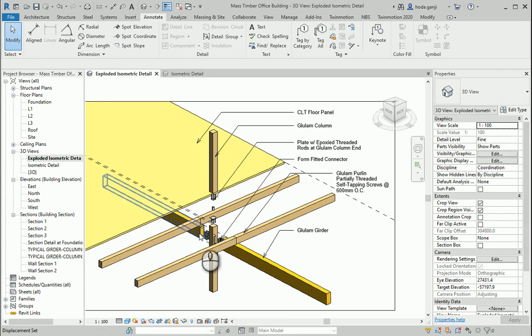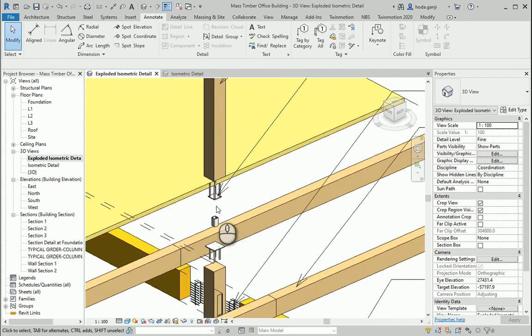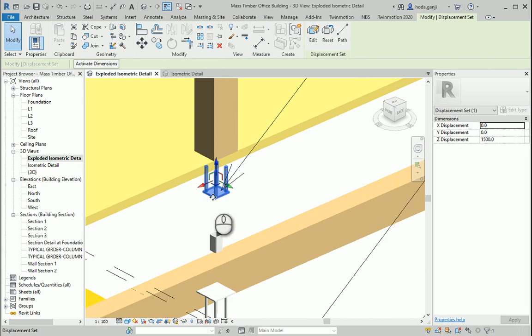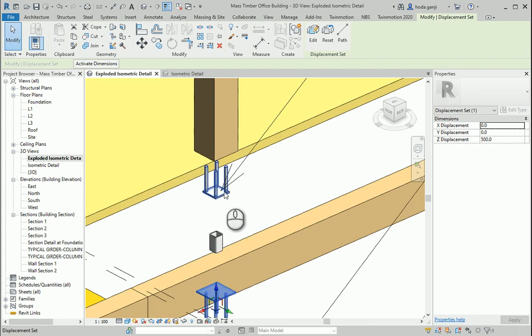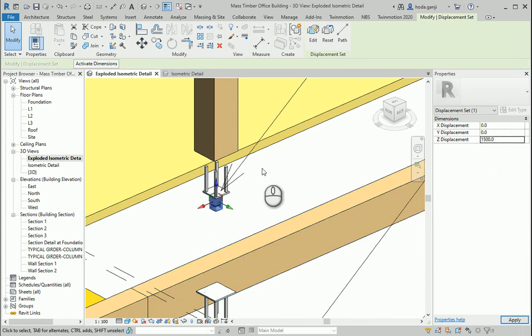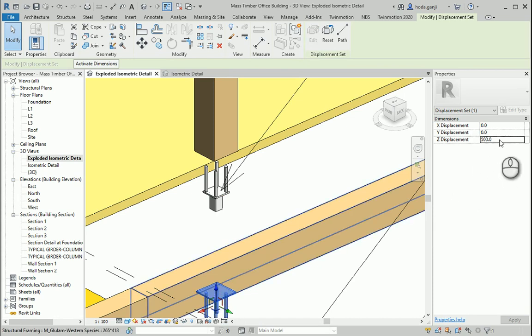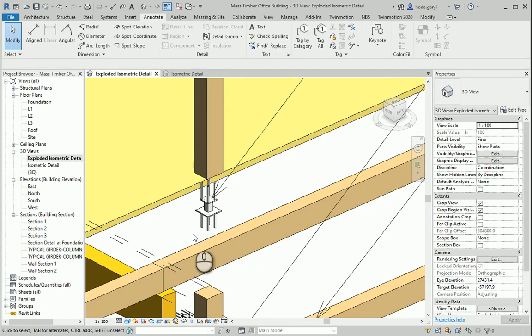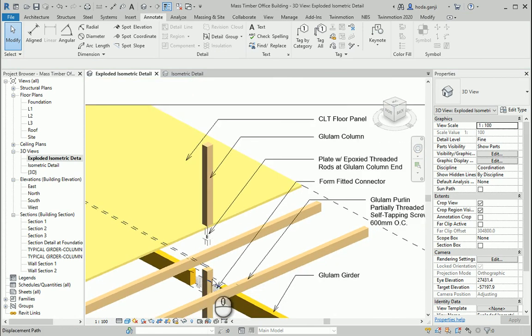Maybe in this case we could match these three parts together because they're actually one piece. So if that is 1500, I want this to be 1500, and I want this to be 1500 as well. So this might make a bit more sense.